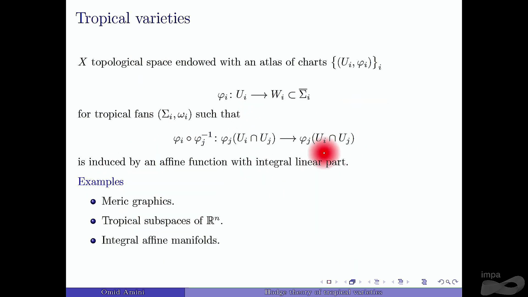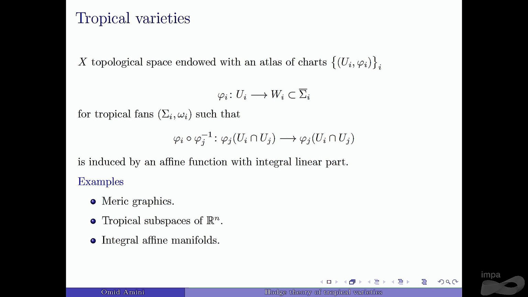So what I do is I define a general tropical variety by an atlas of charts. I take a topological space X and endow it with an atlas of charts U_i, phi_i, such that the U_i are open sets inside X, and phi_i identifies U_i with an open subset of one of these compactifications of some tropical fan. Okay, so this is the usual way of defining manifolds,